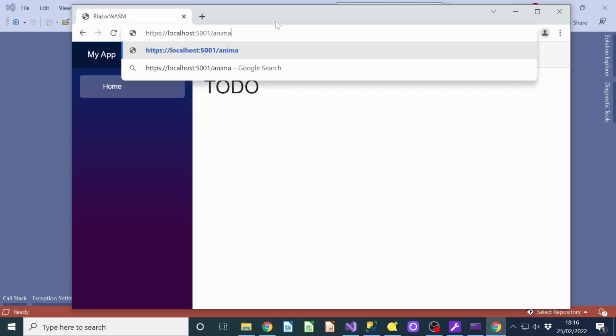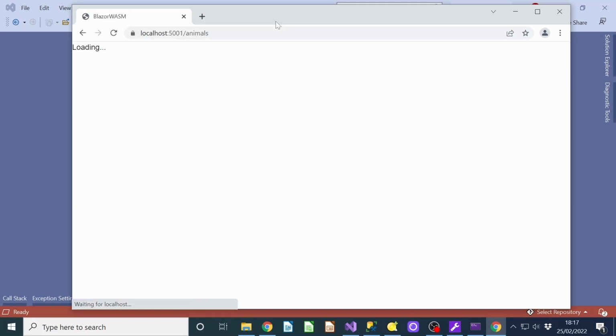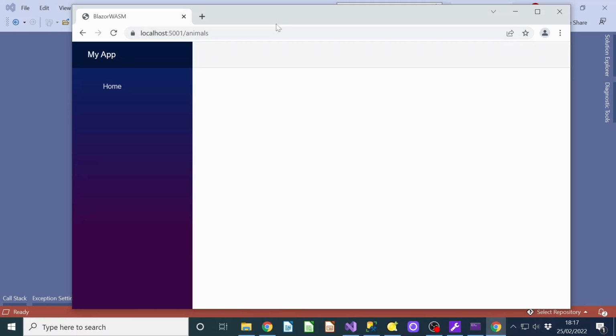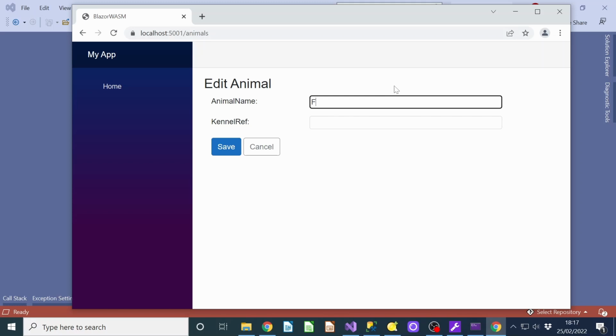But we can browse to the URL that we need. It will be called the plural of the thing that we were looking for. And I get an edit screen. It's actually a list which shows me all of the existing animals. And I can add a new animal, give it a name. Red seems common, doesn't it? And kennel reference A1. You can see the highlight around the controls means that validation is firing, so it's checking